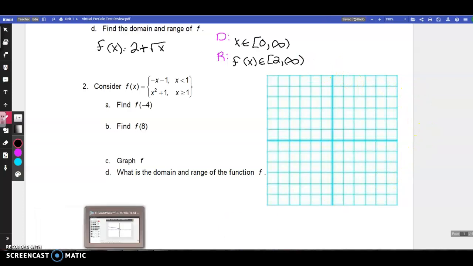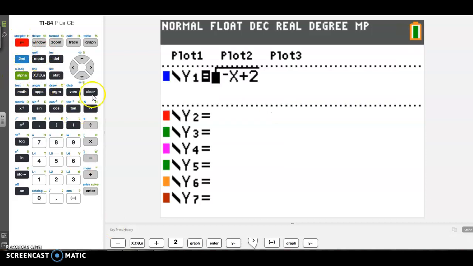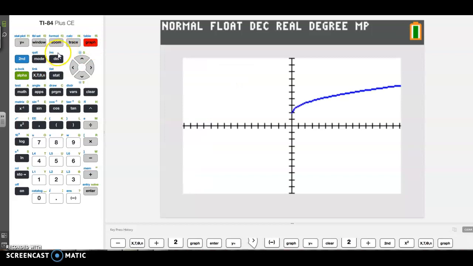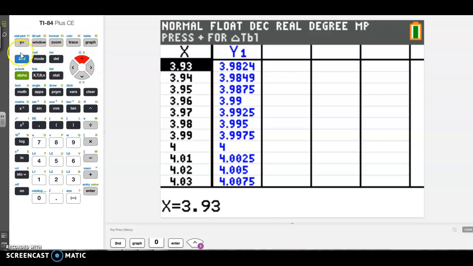Now, if you're not quite comfortable with that, we could grab a calculator and throw it in until we get more comfortable. So we have 2 plus the square root of x, and let's see what this looks like. We can see that my domain is all positive numbers, and it looks to me like 0 is included. How can I test to see if 0 is included? Well, you could go to the table. You could go second table, and go all the way to 0. Oh man, that's going to take a minute. Or,